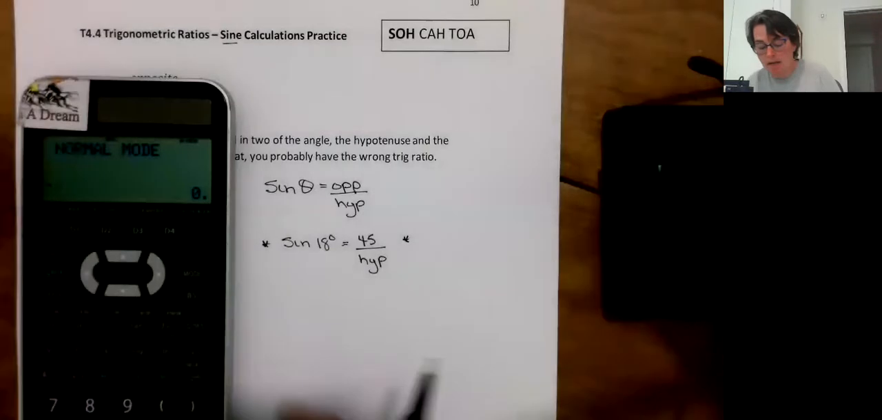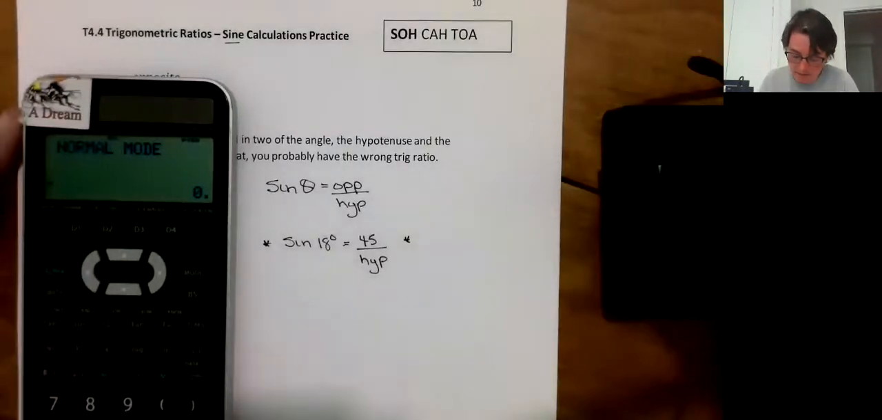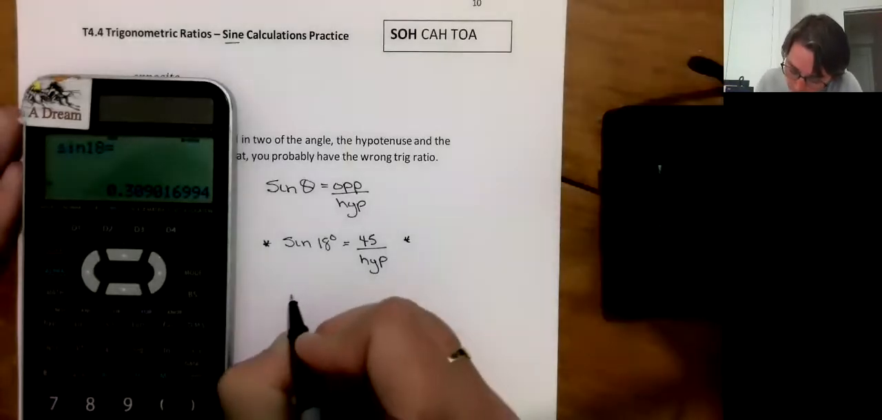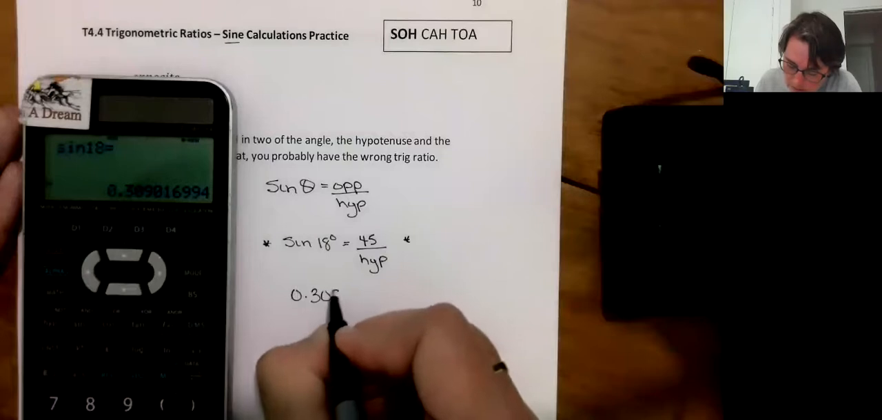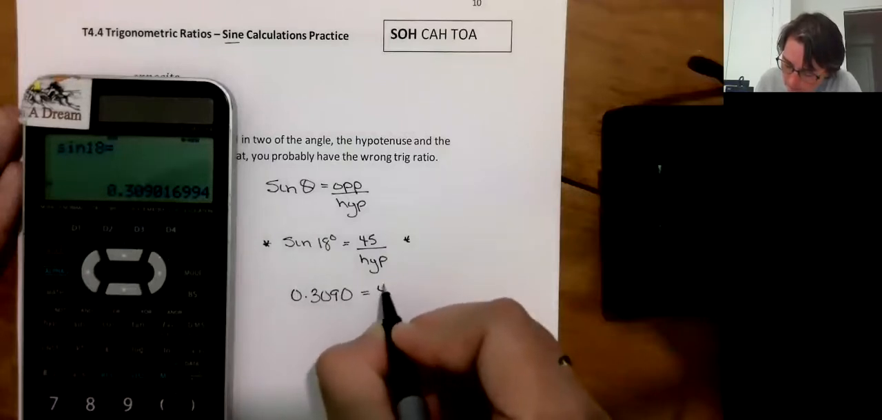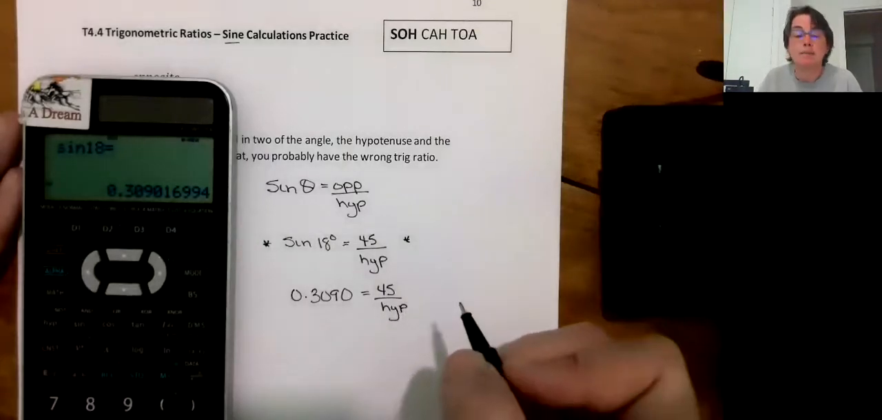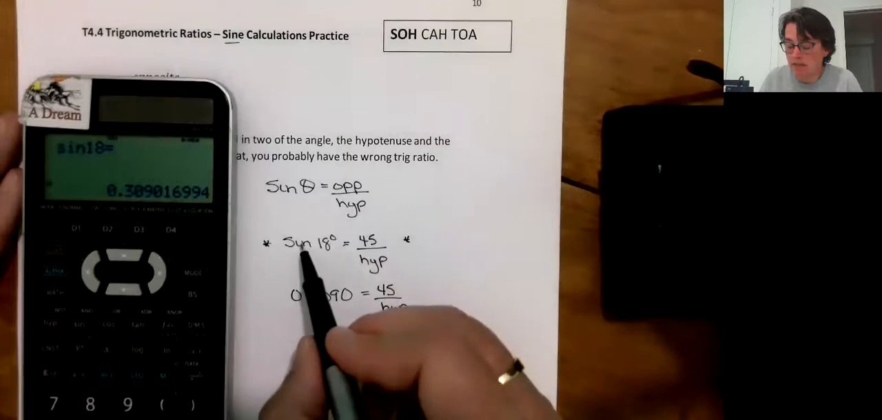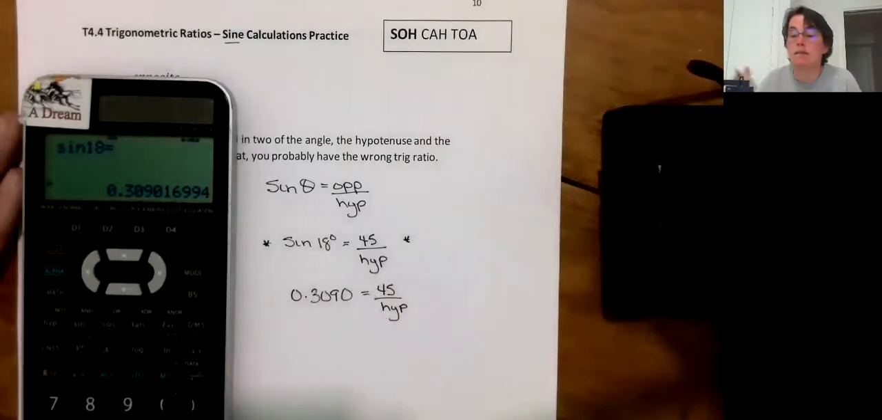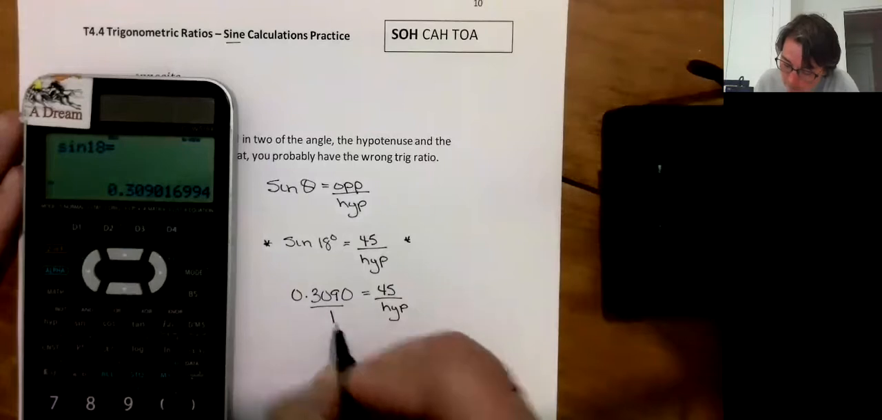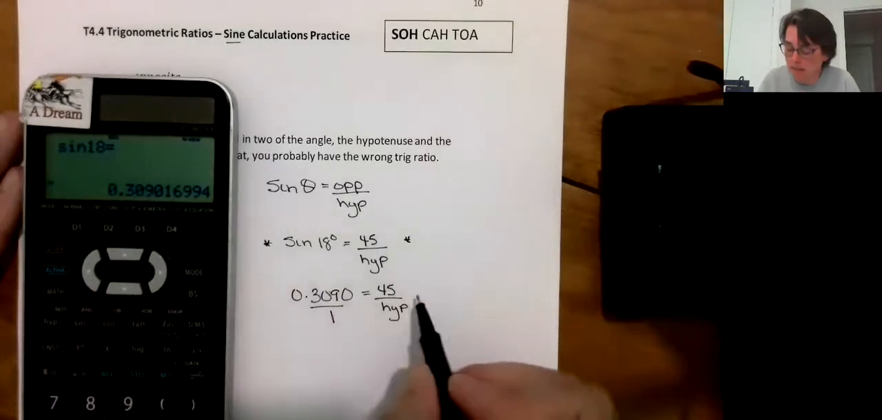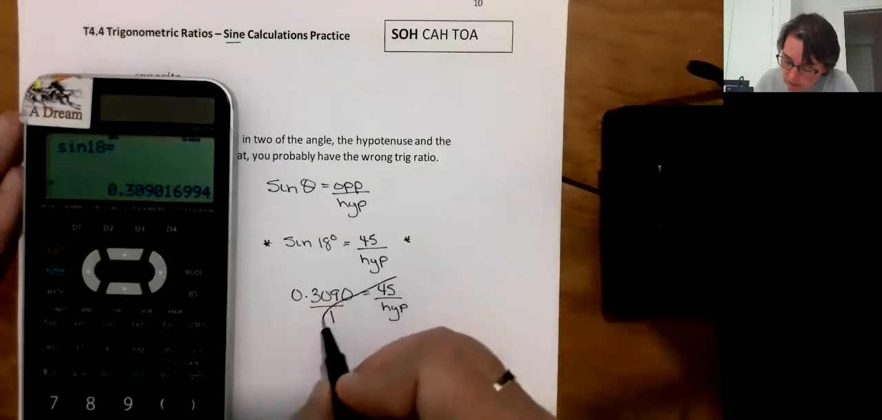I like to just get rid of this sine right away. It seems to cause a lot of grief for people, so let's make it disappear. 0.3090. If you have done this with another instructor and you leave sine 18 and hypotenuse and cross multiply and all that, that's completely fine. I just find this easier way to do it. So I'm going to cross multiply, which means I need this side to be a fraction and this side to be a fraction. So 1 times 45